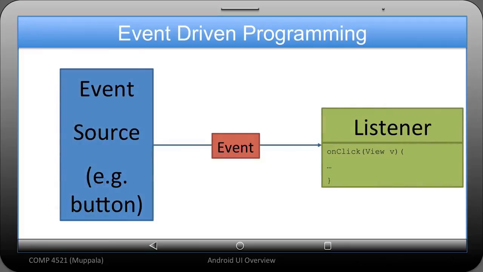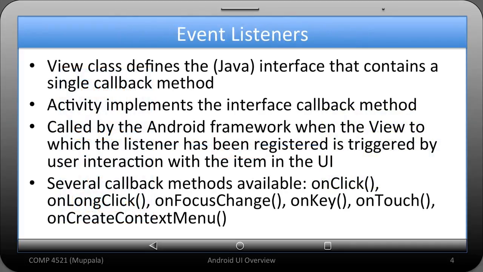Now, if you are familiar with the event-driven programming paradigm, it becomes very clear how the implementation of the code proceeds. So we have an event source which generates the event, for example, the button being touched, and this event then has to be handled by implementing an appropriate listener that will execute when that event occurs. So going back to our example, we need to define event listeners and associate them with the different views that we include inside our Android